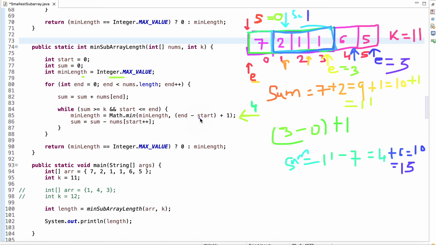So let me update the min length. The previous value of min length is 4, and the new value is 5 minus 1 plus 1, which is 5. So there is no change in the min length, and the next step is to take the value present at the start index, which is 2, and subtract it from the sum variable. Now the value is 13,